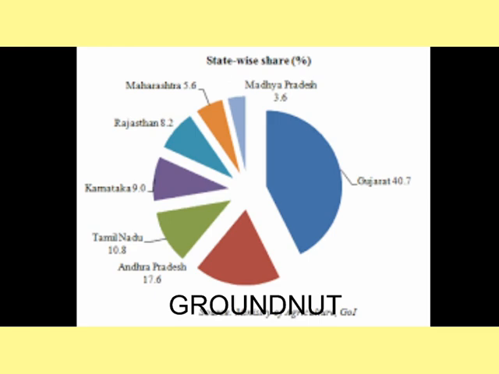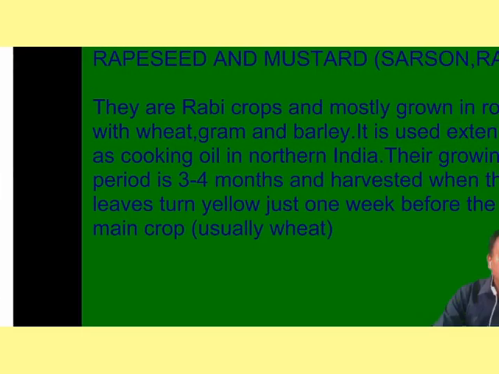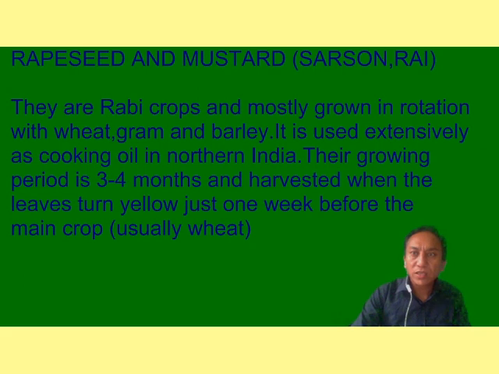Now we go to the next one, that is rapeseed and mustard, that is sarson and rye. Okay, and let's see one by one here. They are rabi crops and mostly grown in rotation with wheat, gram, and barley. It is used extensively as cooking oil in northern India. Their growing period is 3 to 4 months and harvested when the leaves turn yellow just 1 week before the